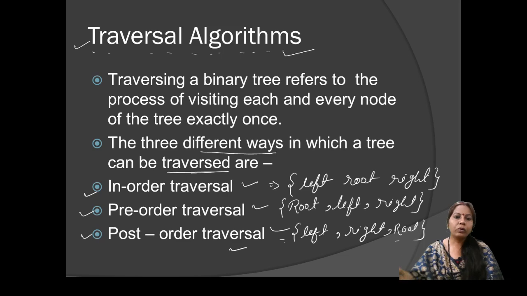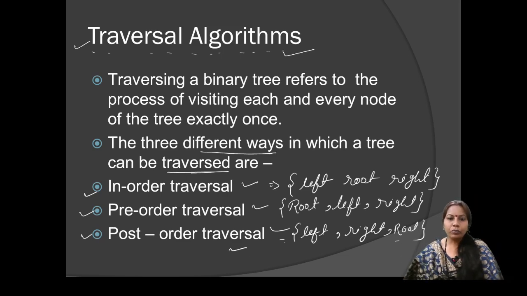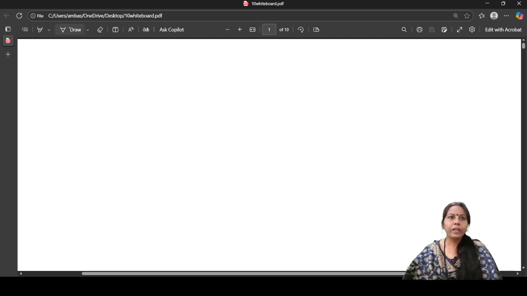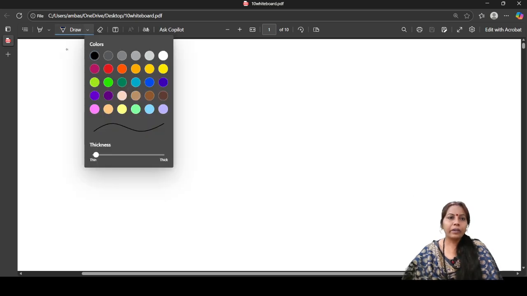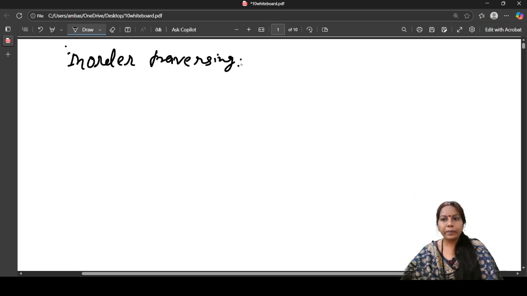Now let us start and try to understand how we can use code. The first case is in-order traversing.